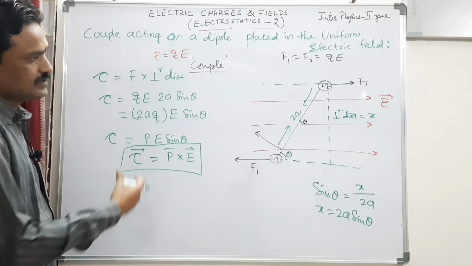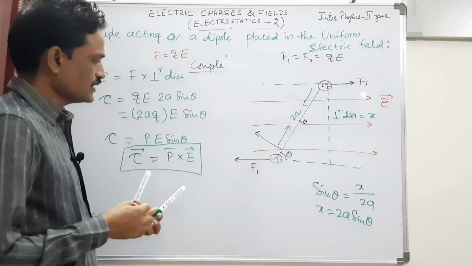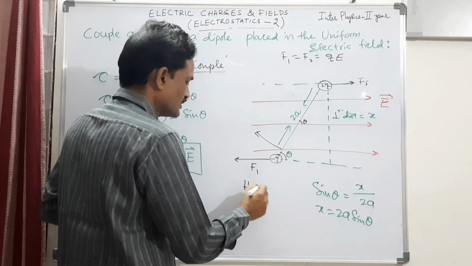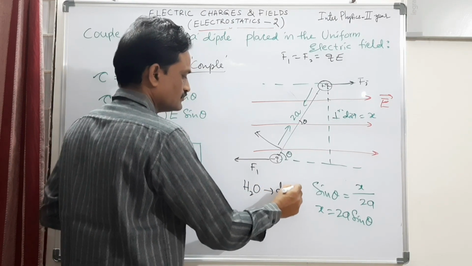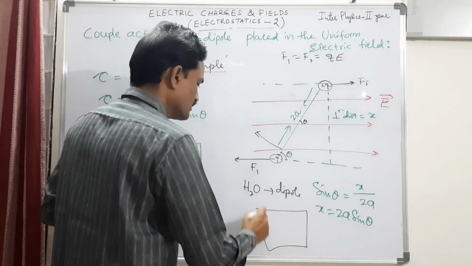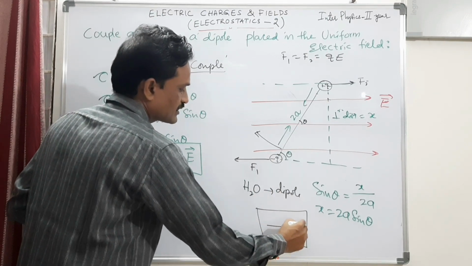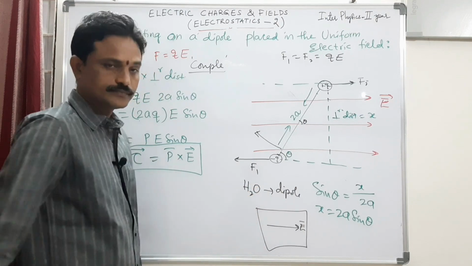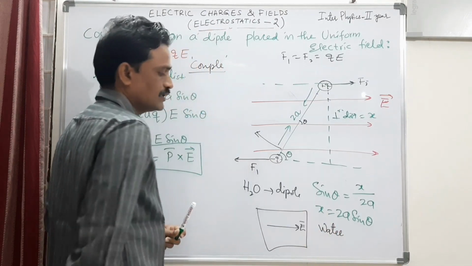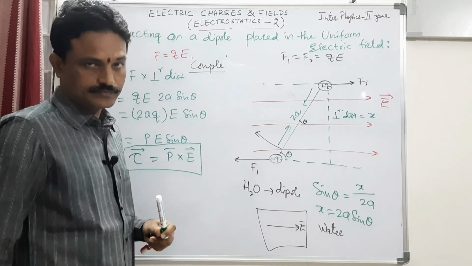Now, what is the application of this that we see in our daily life? You might have seen a microwave oven. As I told you, H2O, that is the water molecule, is a dipole. Water molecule is a dipole. So when I place something in a microwave oven, all these dipoles try to align in the direction of the external electric field applied by the oven. All the food materials contain water. So only those food materials which contain water can be heated in a microwave oven.